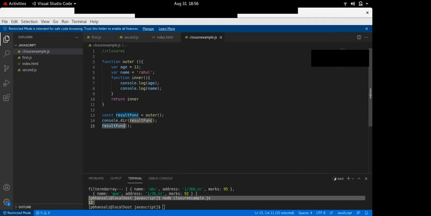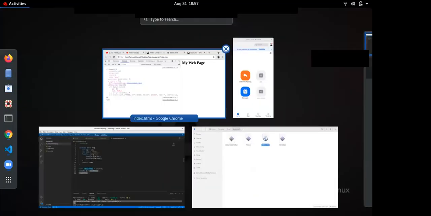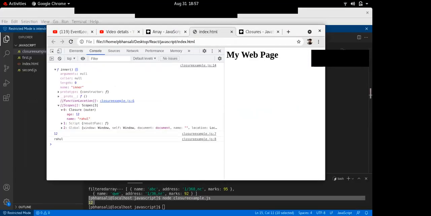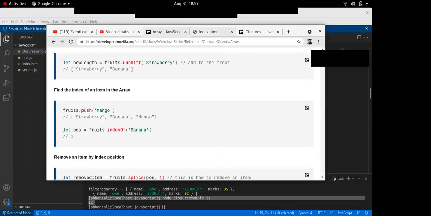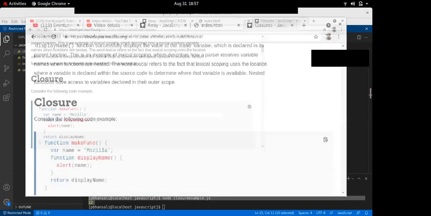In other programming languages, it will print undefined, because age and name will be lost. But because age and name are a part of closure for result function, it will take those values from the closure object, which is present inside scopes.